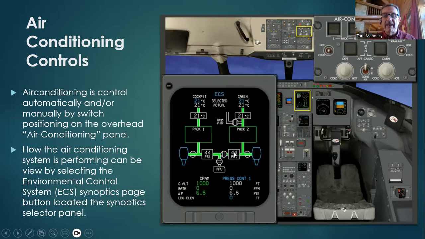On the number 2 side, again, it's showing 44 pounds per square inch in this duct, and we have the isolation valve being closed, and now the pressure is going up through pack number 2. Then we have